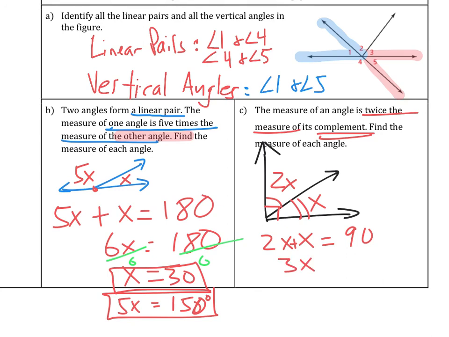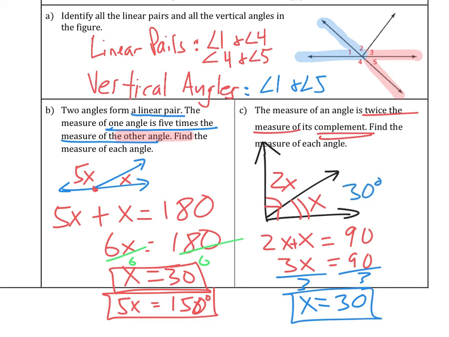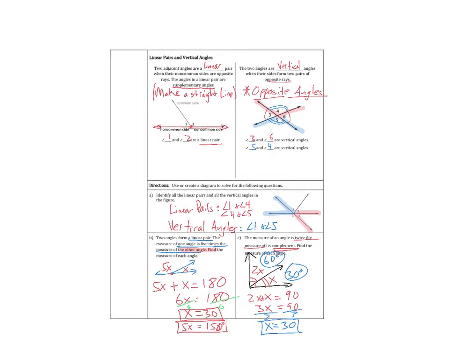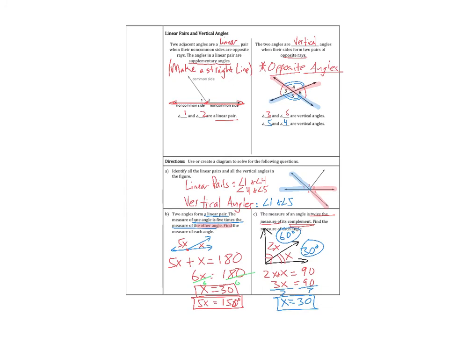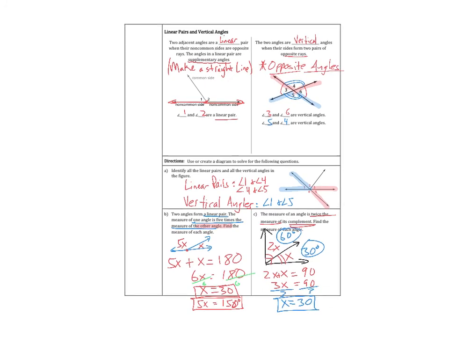Add 2x plus x is 3x. And then we can divide by 3, and x equals 30. So if x equals 30, this angle is 30 degrees, and 2 times 30 is 60 degrees. That's the idea. Okay? So I know it's kind of quick there, but some quick examples about linear and vertical angles that hopefully